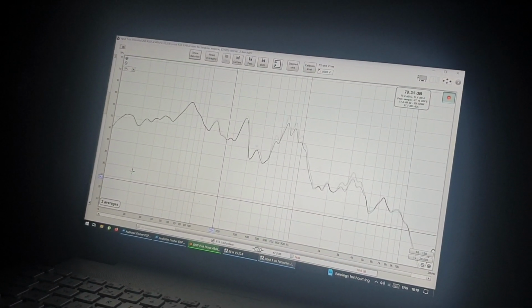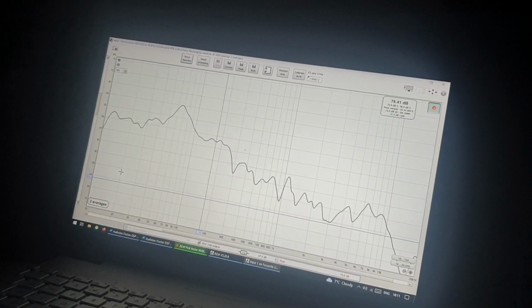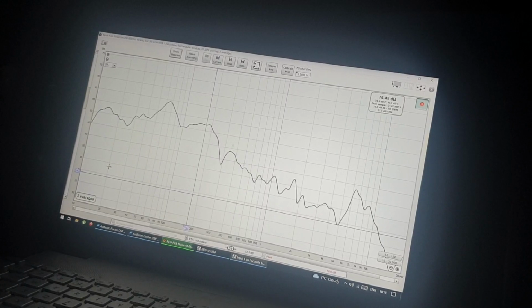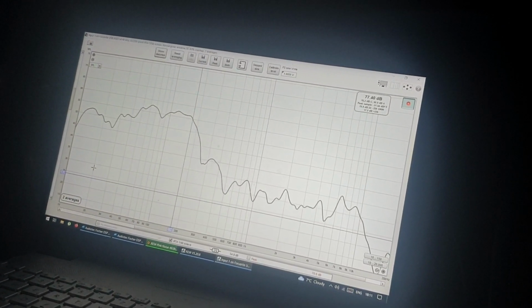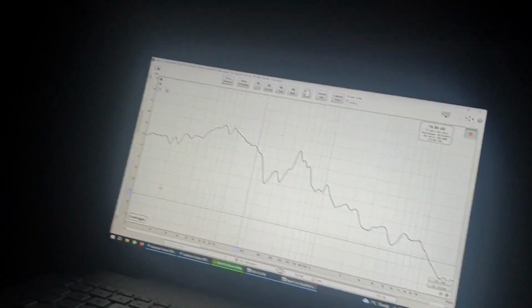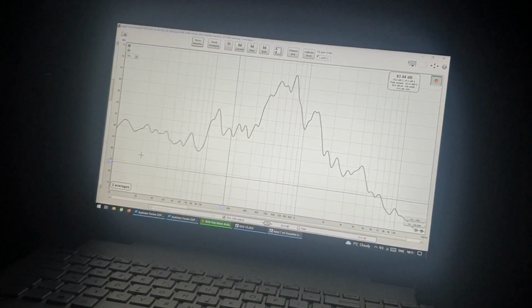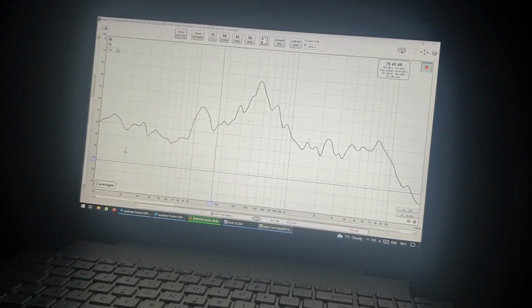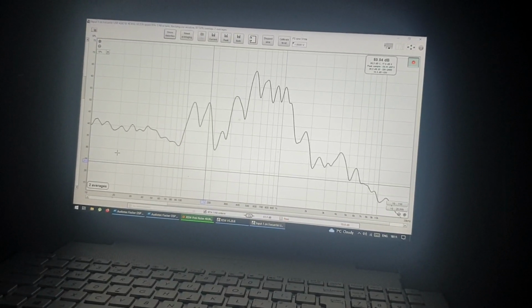And you have a mountain at like 60, 70 hertz. On the back. And here you are. So this was basically mainly to show how speaker positions change the response and how listening